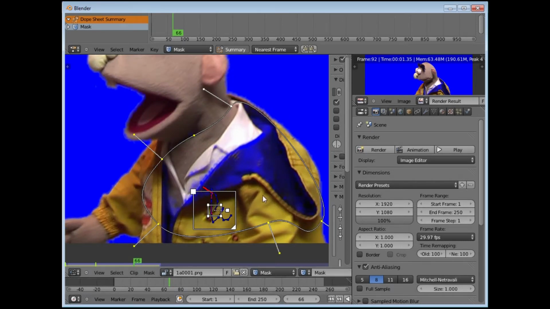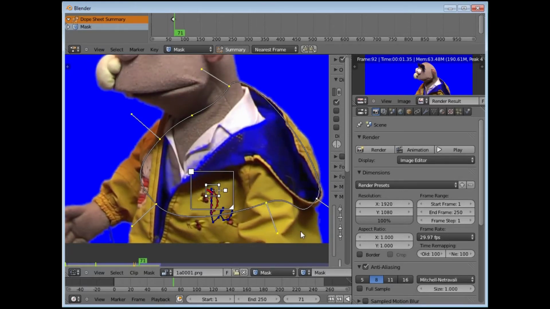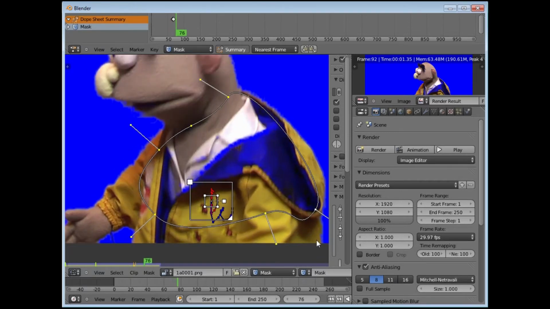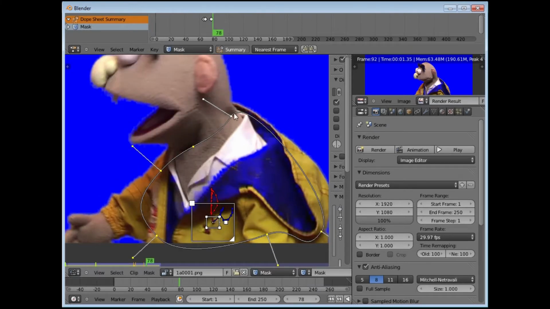because it will now move the majority of it, and then at different times you can then just do some little adjustments, like maybe here I will then push the I key, make an in point, and then move it some more, a few frames, and then I can adjust it, and I go along a few more until I get to a point where I need to adjust it, and another key point, put in there, and you can go through and just do minor adjustments to the mask